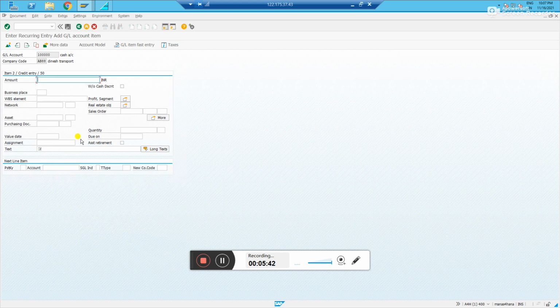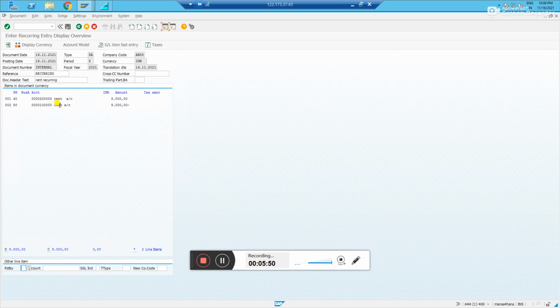Okay. Same amount will give 8000 and same text will give. So star and plus will give. So it will come. See, this is a recurring entry, right? So the minute you create an entry, it will not update in the rent GL or the cash GL, this value. It is just a posting as a recurring entry. When you run the recurring, at that time this value will post in the appropriate GL accounts with the real document number. Okay, let us see.